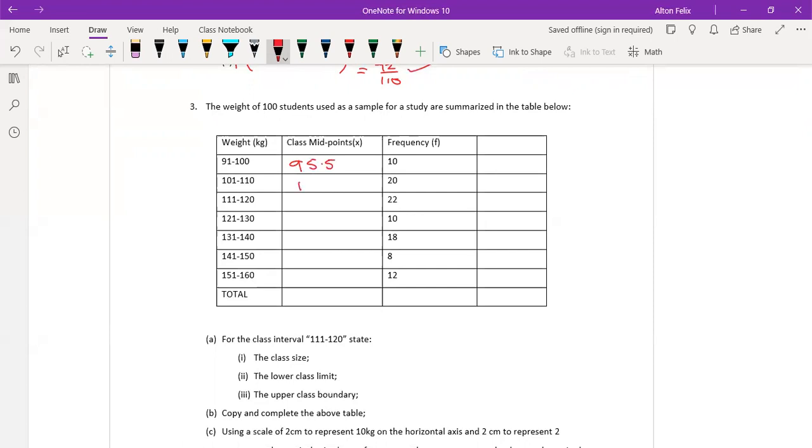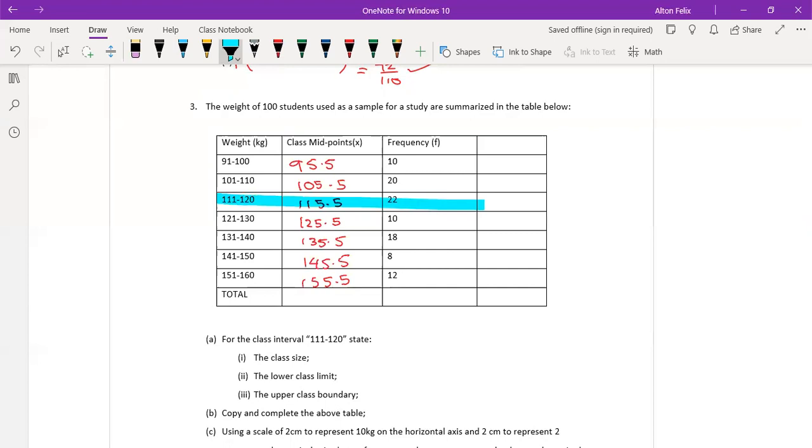So I'm just going to write in, these are similar to what we had just now, 105.5, 115.5. So we see they are going up by 10, right? 125.5, 135.5, right? And 155.5. Okay, let's see what they ask us. For the interval 111 to 120, which is this one here,